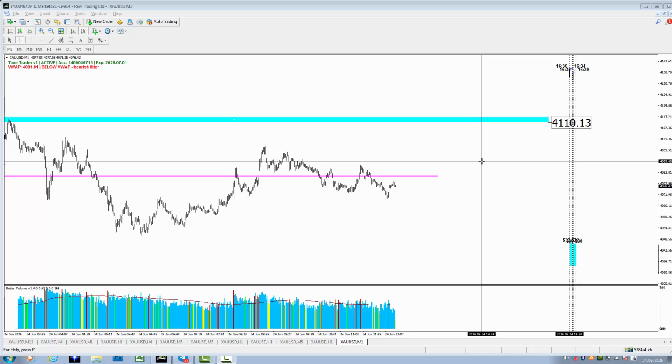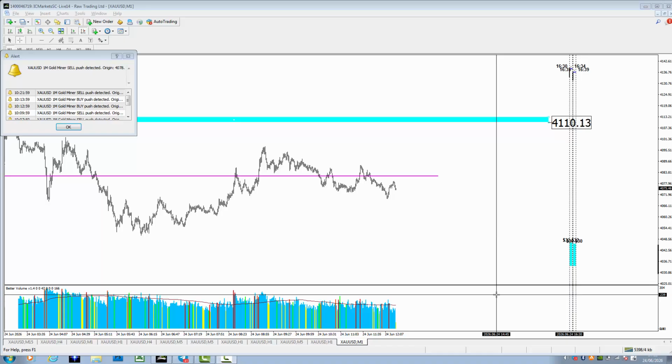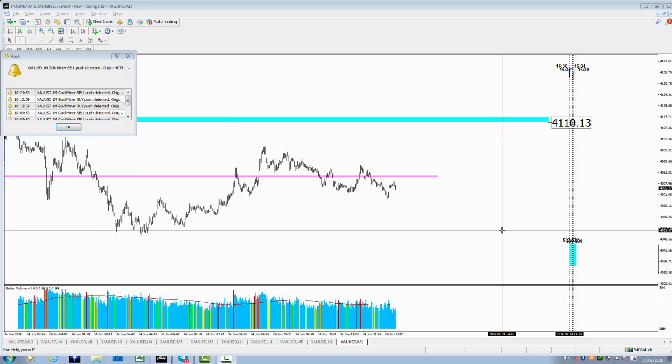So this program looks for the signature of the algorithms, compiles that information, and makes a guess at when it would expect volatility to occur in that market. The great thing about it is that you don't have to sit in front of your chart all day waiting